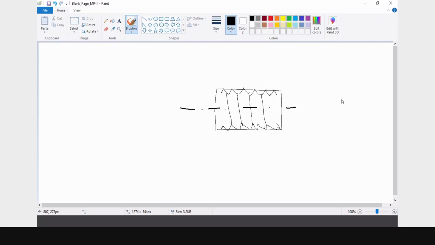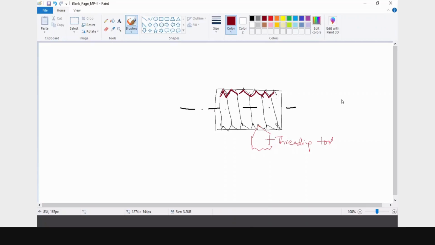I'm just giving them an example. So the tool, whatever is the threading tool which you are going to see, it is having this cross section. So this will be your threading tool. And whatever is the threads which are being formed after the machining operation is these threads. So these threads are being formed.